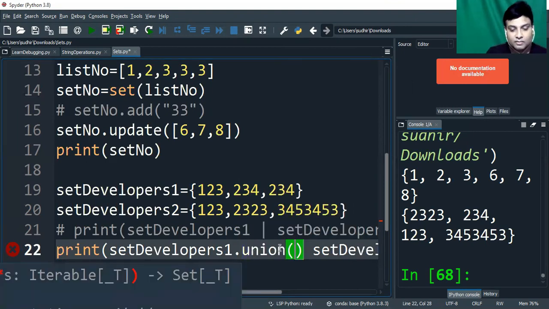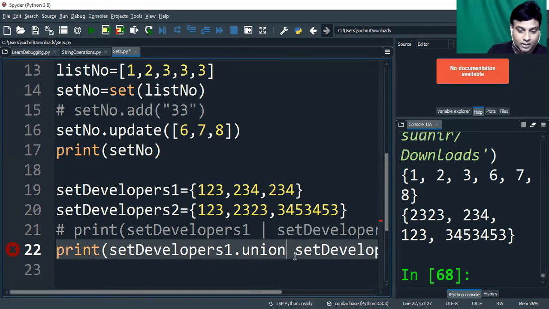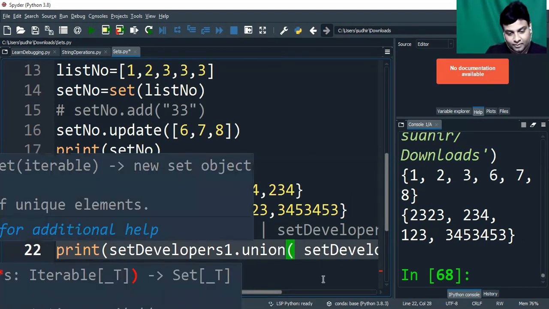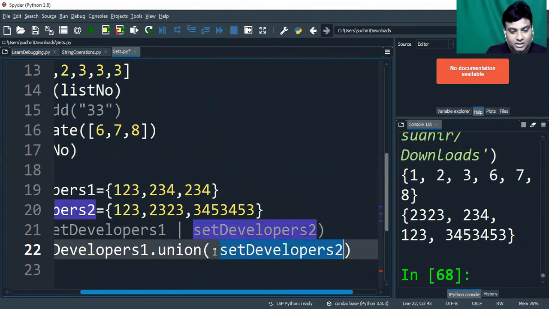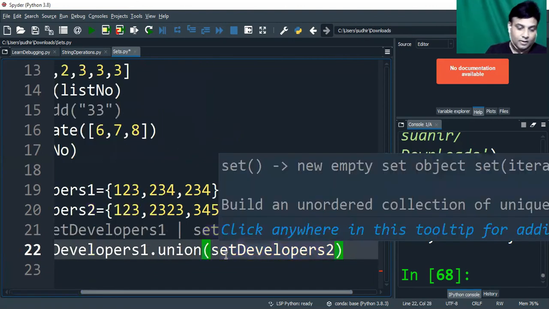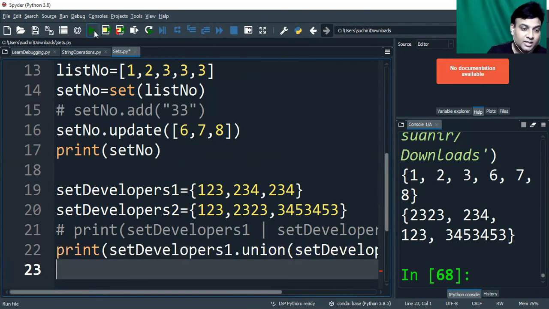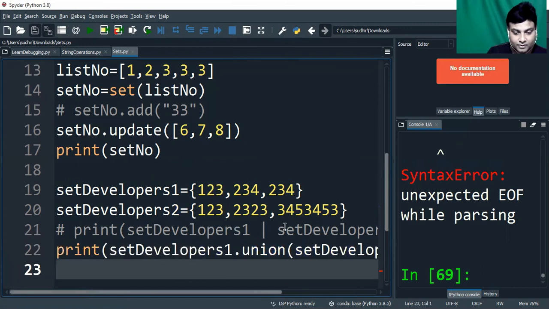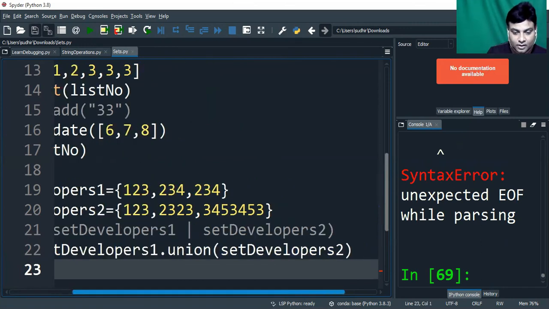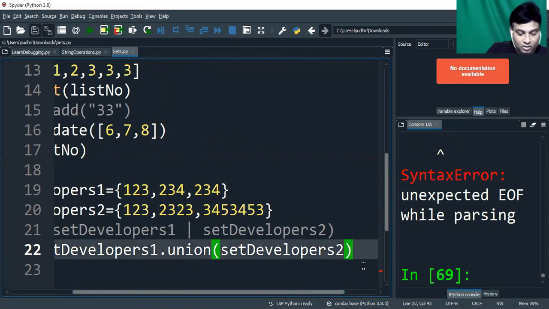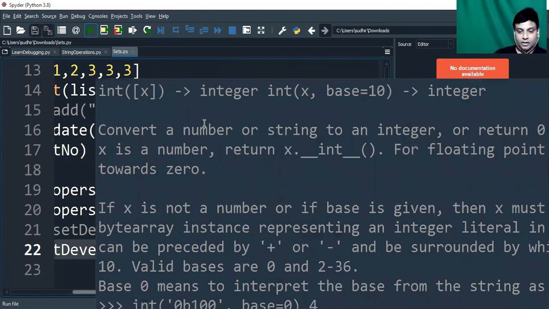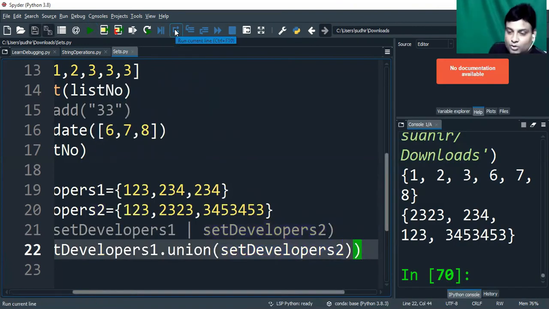Use this union with the other set. Now let's check the output. We should get the same result. I'll have to give one more closing round bracket for the print statement. See, guys, the same output, right? So we can do union, intersection, and join operations using operators as well as using functions.